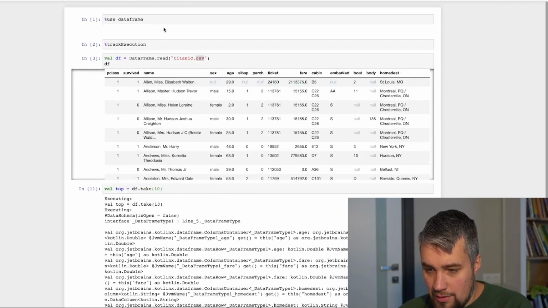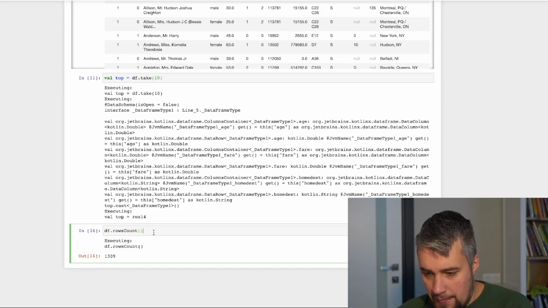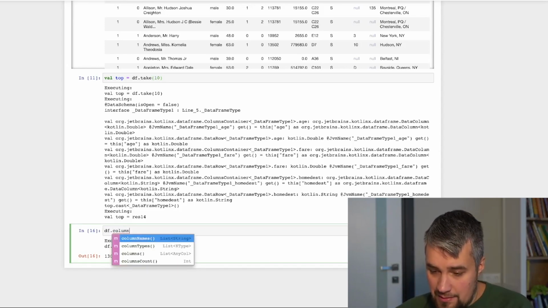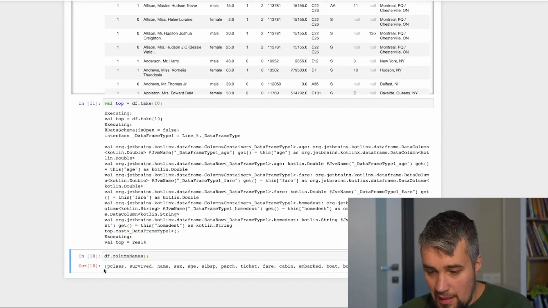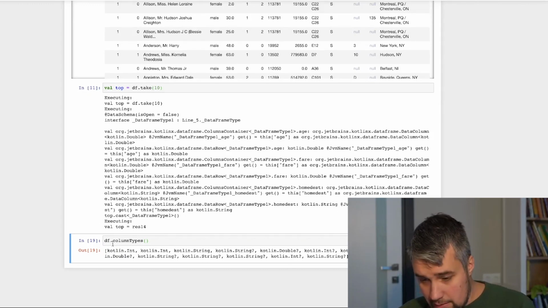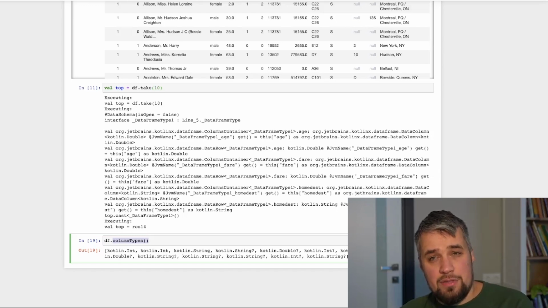Before we continue, let's turn off execution tracking. Okay, so we can get column names as a list of strings. We can get column types as a list of Kotlin types,